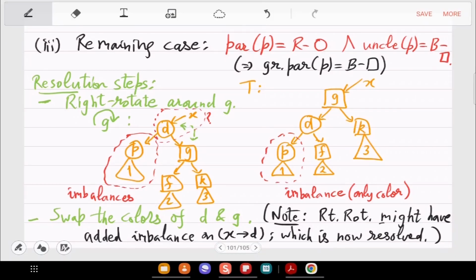Okay, it's not always the case, but since you want to give only a local solution, you have to cover all possibilities. You should not leave anything unexplored. So since G was black, you wanted X pointing to black, so you make D black, and then to also resolve the height imbalance, you make G red. Okay, so that's the solution.